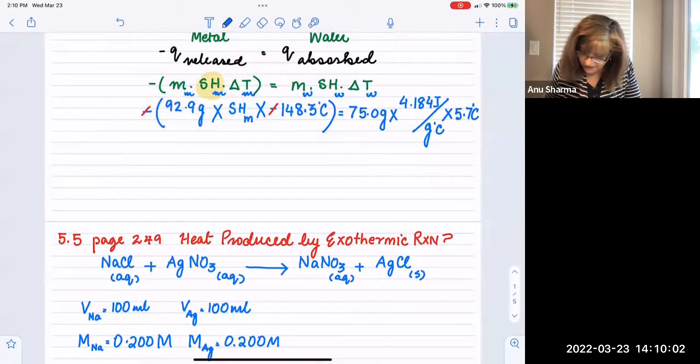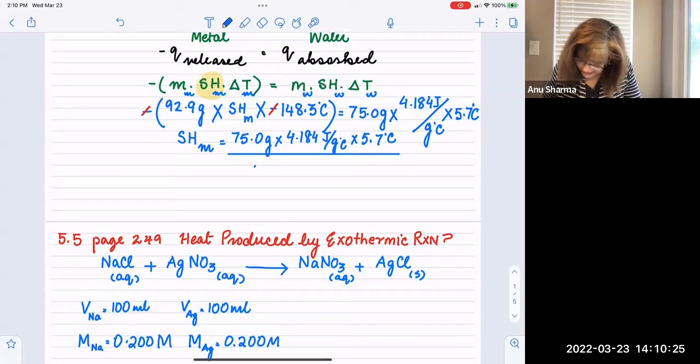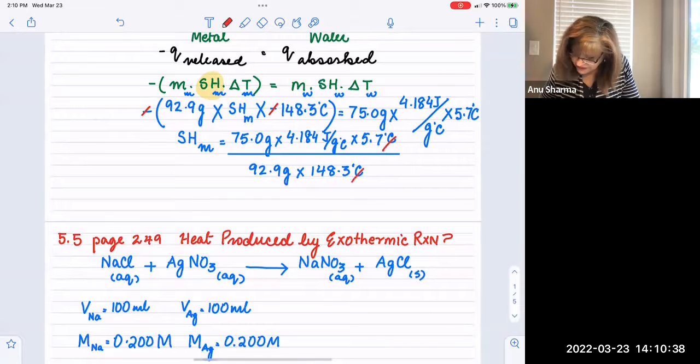So we now have this arrangement: specific heat of the metal is equal to 75.0 grams times 4.184 joules per gram degrees Celsius times 5.7 degrees Celsius over 92.9 grams times 148.3 degrees Celsius. When you set this up, you will see that degrees Celsius and degrees Celsius cancel out,